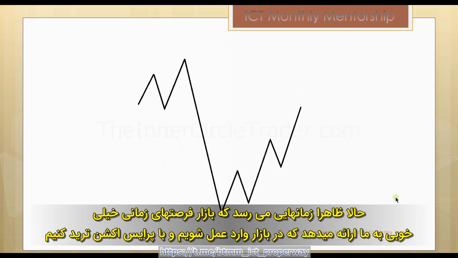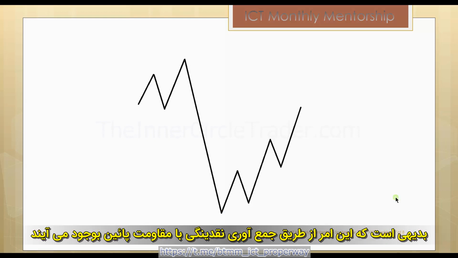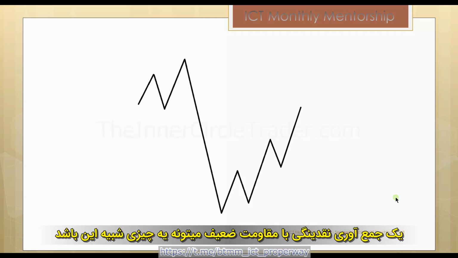Now obviously there's going to be times when the market really provides us an opportunistic time to take action in the market and trade with price action and have very little resistance in our trades. And obviously that comes by way of trading in low resistance liquidity runs. A low resistance liquidity run would be in the form of something similar to this.